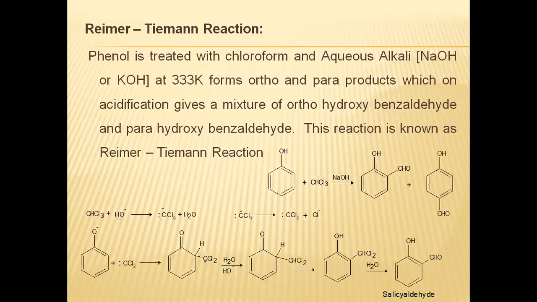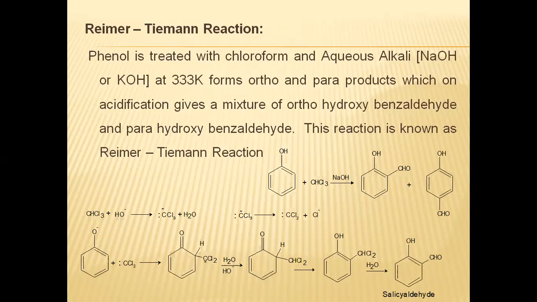That is NaOH or KOH, which is dissolved in the water, to form ortho and para products; orthohydroxy benzaldehyde or parahydroxy benzaldehyde is obtained. This reaction is known as the Reimer-Tiemann reaction. In the Reimer-Tiemann reaction, we get orthohydroxy benzaldehyde and parahydroxy benzaldehyde by treating the phenol with chloroform in the presence